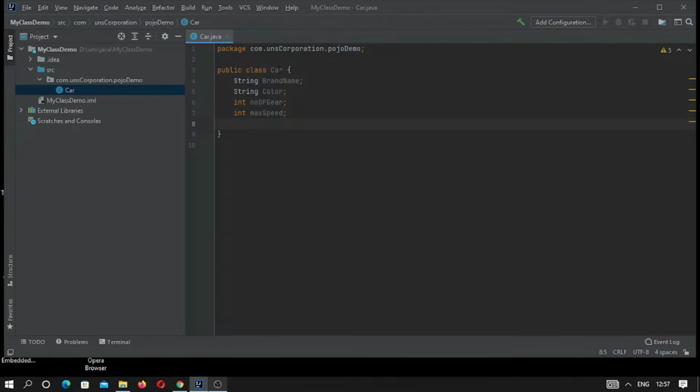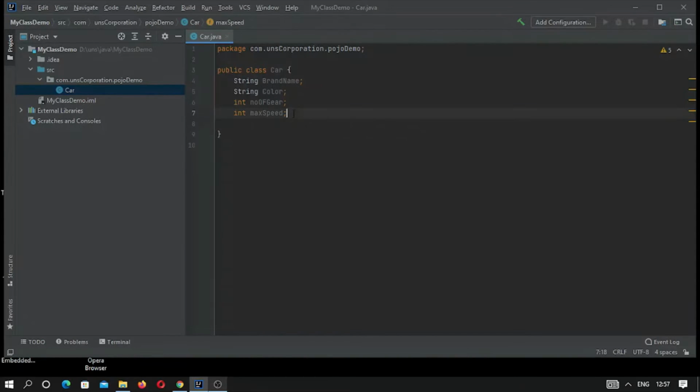Brand name, somehow we are taking the brand of Tata, brand of BMW, brand of, suppose, Suzuki, and another one is color. Color may be anything. Number of gears, sometimes there are 4, 5, 6 gears, and a maximum speed. There may be a certain car with a maximum speed of up to 350, 400, etc. So by these four fields we can identify the object of a Car class.